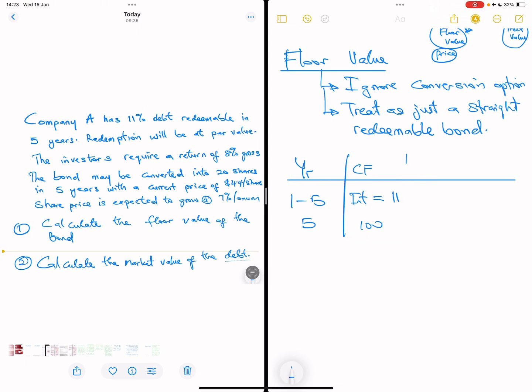So we need to get a discount factor at 8%, because that's the required rate of return. Yeah, so the annuity factor for 5 years is 3.993. If you don't understand how I'm getting this, in case probably you are watching this video and you have